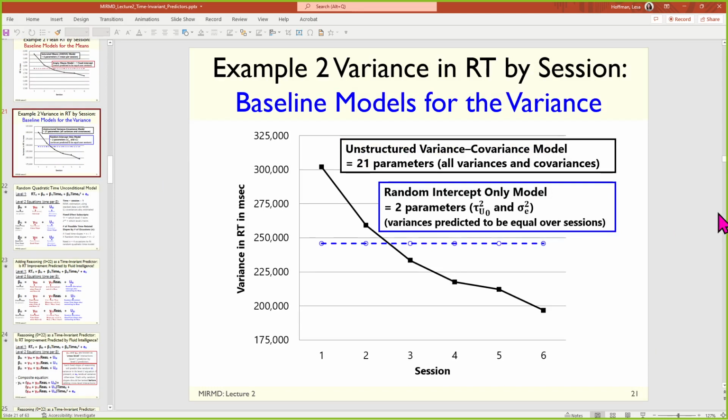Okay. So this is meant to illustrate what the model for the variance is trying to recreate in terms of the observed data. The y-axis on this plot is variance: variance of the outcome at each separate occasion. In this case, we have 6 sessions as occasions. And the black line is showing what happens if you just let each variance be estimated separately as an unstructured model, or what would be called the saturated model in an SEM context. I'm not tracking the covariances because that gets messy in a picture, but this is enough.